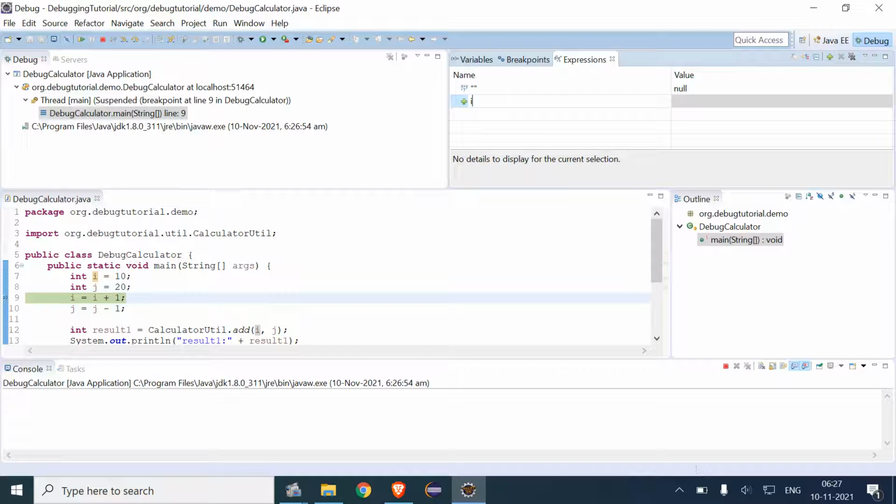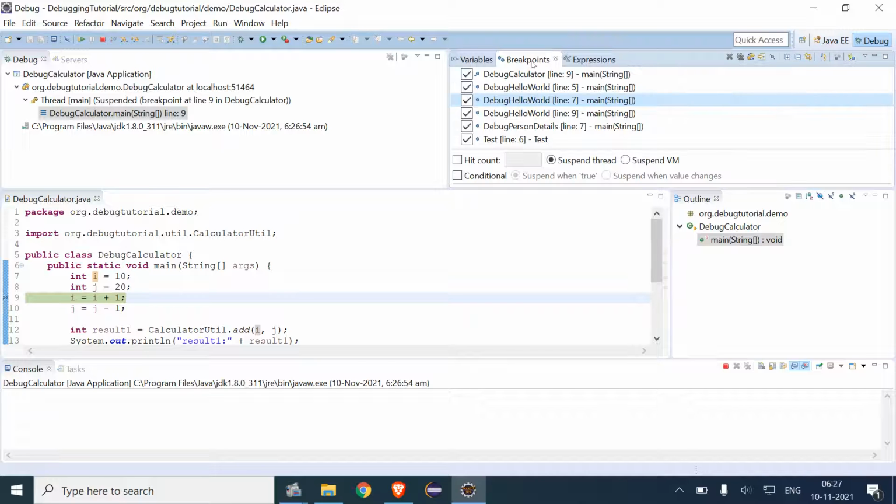So I will just try to give i star j, and it is showing 200. Because i is 10 and j is 20, the product of i and j is being displayed as 200, and these are the breakpoints for which it is displayed.